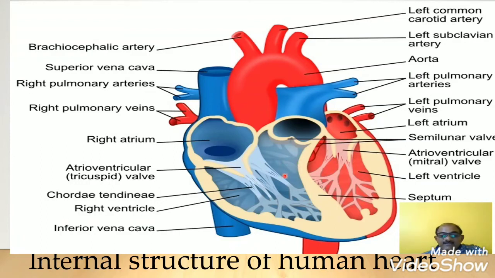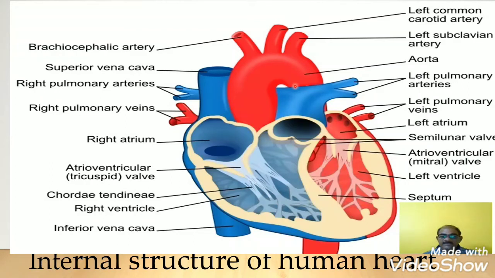And this ventricle, particularly the right ventricle, receives impure blood or deoxygenated blood from the right atrium through the tricuspid valve, and then this right ventricle pumps blood through the semilunar valves toward the lungs,